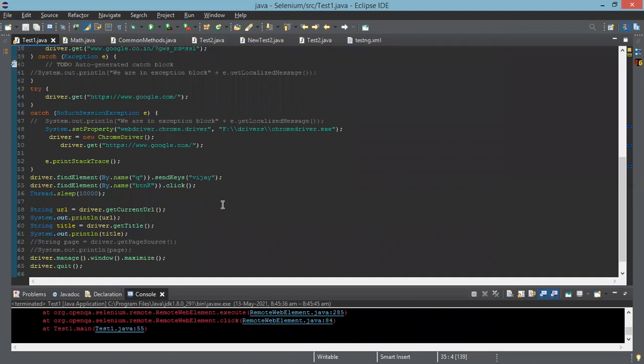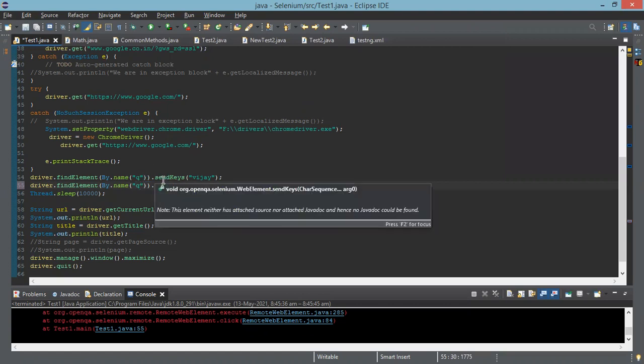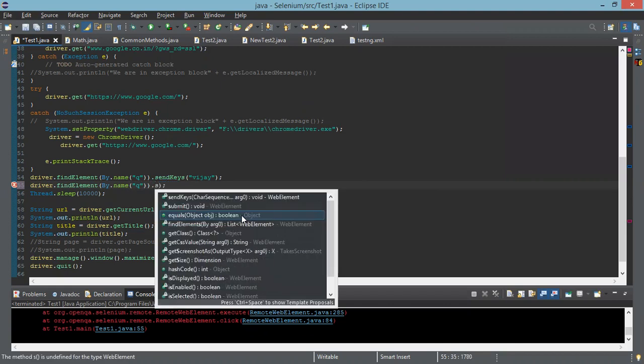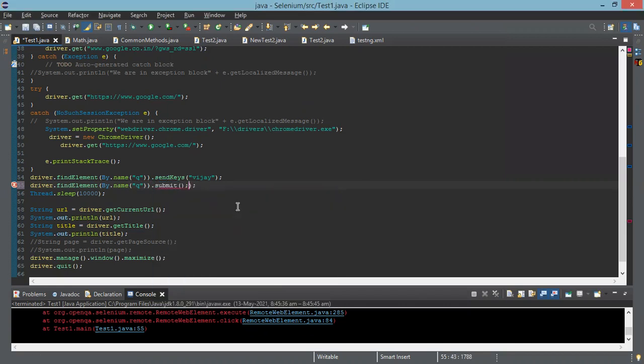Instead of the button and click, you use q, the previous version. And instead of click, you use dot submit. At the end, you remove the closing and semicolon. Now you use this and execute.